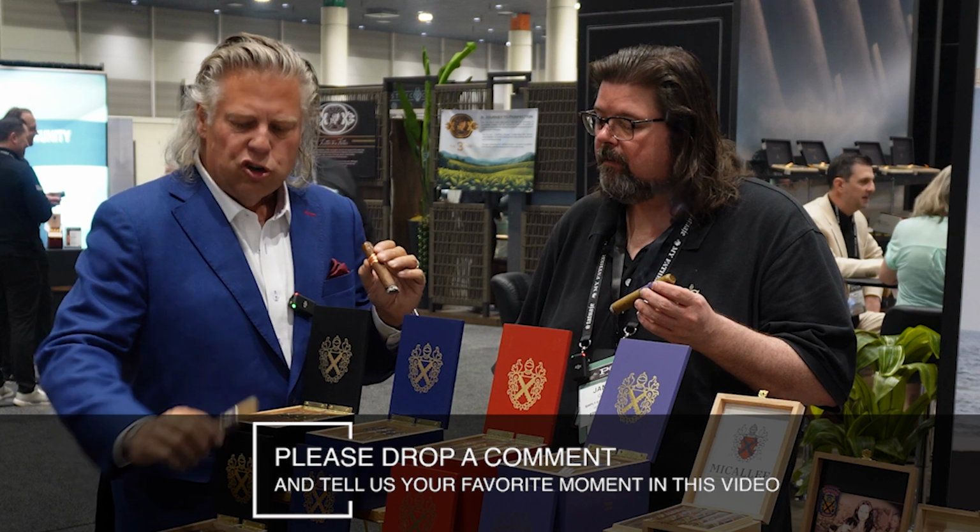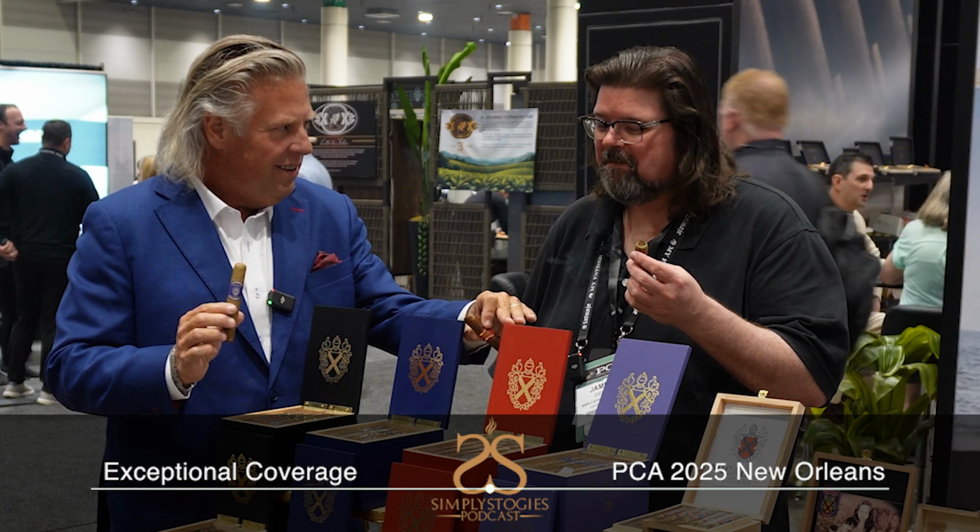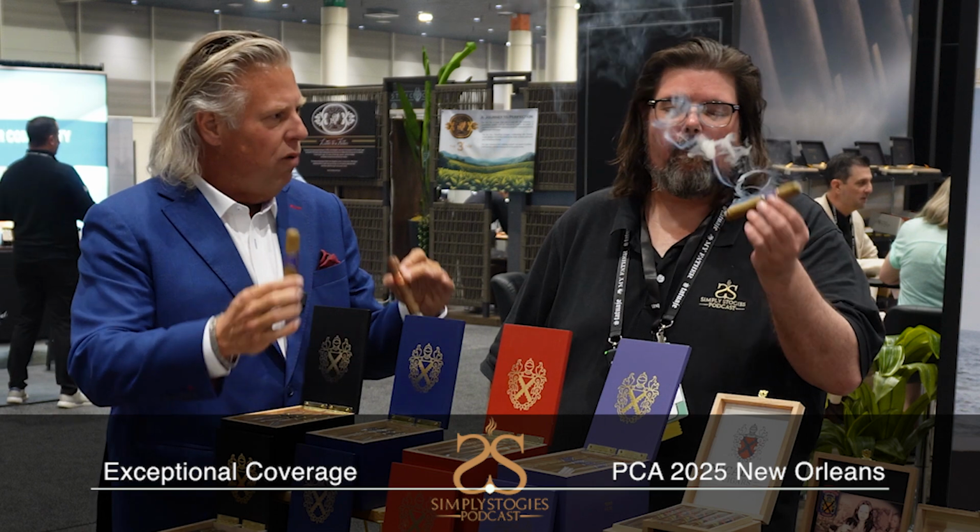The red is a San Andreas Habano with a broadleaf that we grow in Nicaragua. Now that is critical to understand the purple story. As some of you may know, the blue is a San Andreas Sumatra, so it's a very special varietal. In the purple, we bring that San Andreas Sumatra as the wrapper, like the blue. Then we use the same broadleaf binder that we use in the red that we grow in Nicaragua. And so the purple is the San Andreas Sumatra with the broadleaf binder, bringing blue and red together in a